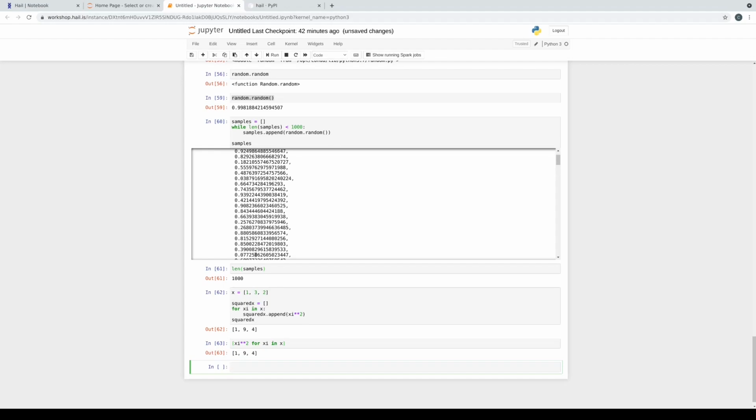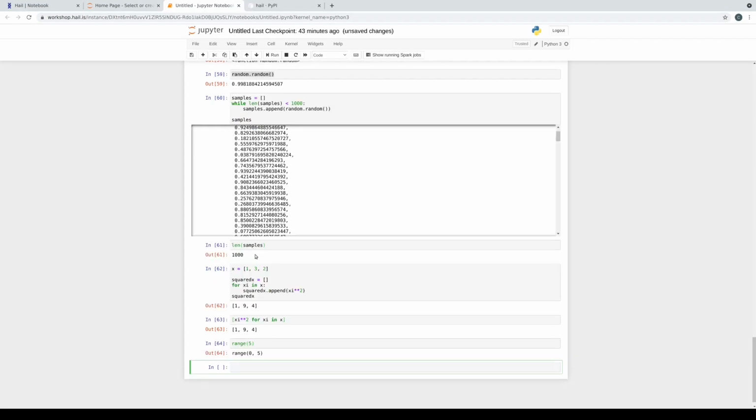Great. So this is a case where you can construct a list from a pre-existing list to get one of the same size. But in our previous example, going back to the random sampling, we didn't have a pre-existing list with the right number, with 1,000 elements, which we could use to iterate over using comprehension syntax. So Python has a thing called range. And range gives you effectively a list whose elements are 0, 1, 2, up to n minus 1, n elements. And so if we do range 5, we see we get a range from 0 to 5, where 0 is included and 5 is excluded.